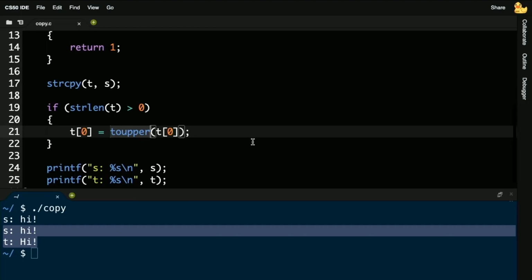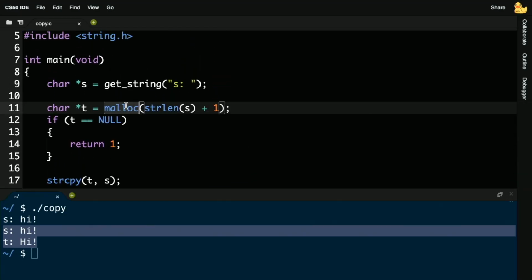So if we consider now this example in the context of my computer's memory, we'll see that it's laid out a little differently. But there's one more bug I do want to fix first, and this is something we've not had to do yet. Anytime you allocate memory with malloc, you ask the computer for memory, the onus is on you, the programmer, to eventually give it back. If you allocate 4 bytes, or 4 million bytes of memory for an even bigger program, you'd better give it back to the computer, more specifically the operating system, be it Linux or Mac OS or Windows, so that your computer eventually doesn't run out of memory.